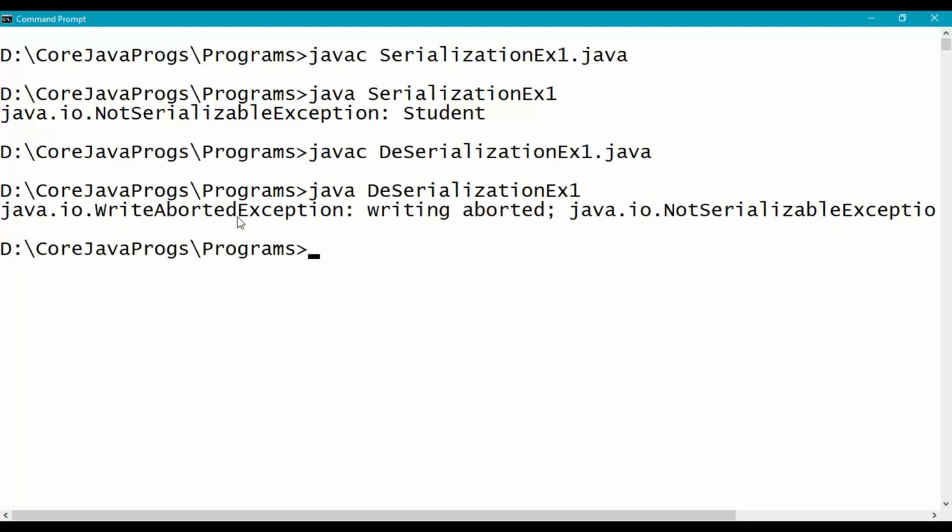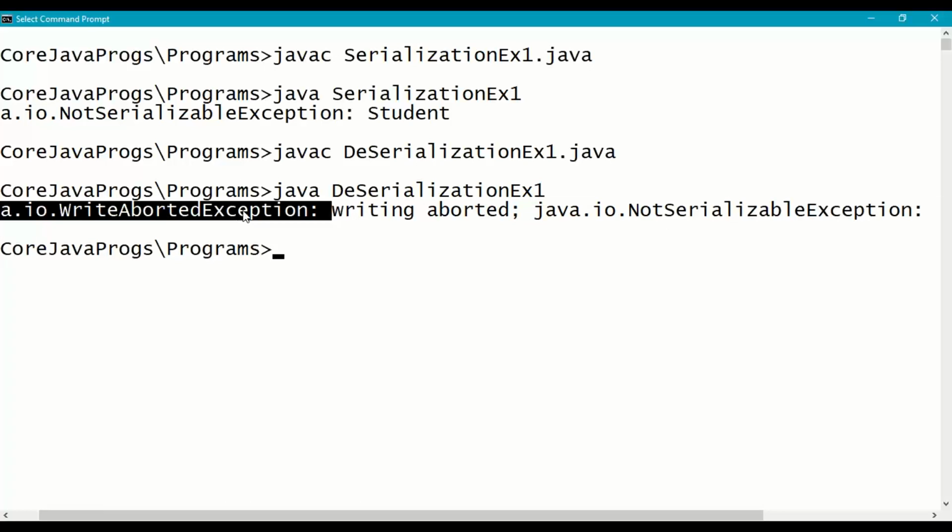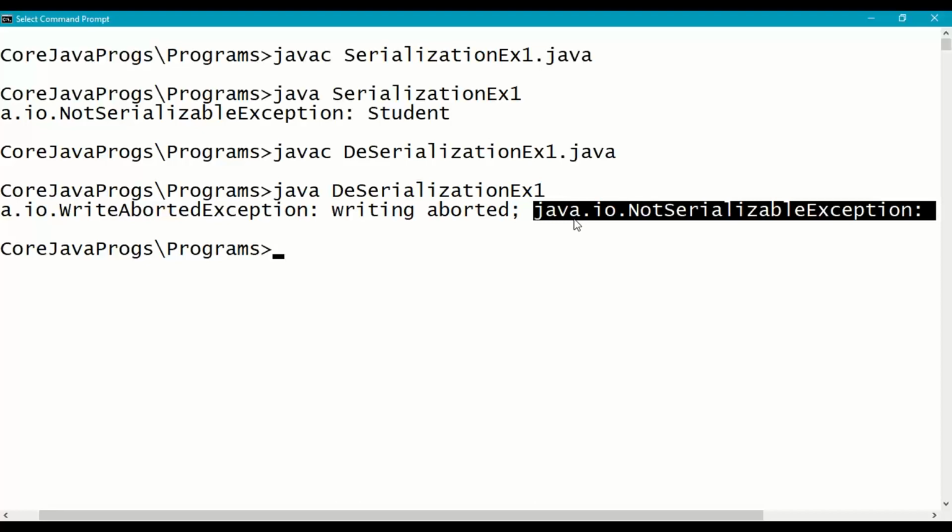So here write aborted exception. The reason is java.io.NotSerializableException. So internally it is write aborted exception, and then when we are trying to deserialize it, we got this exception. Reason is not serializable exception.